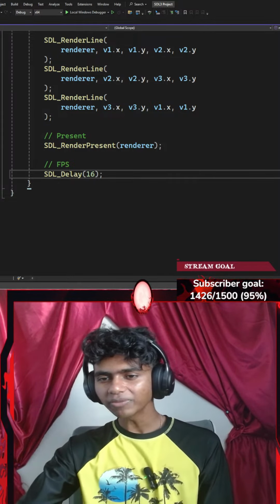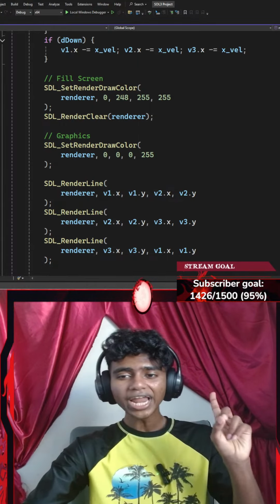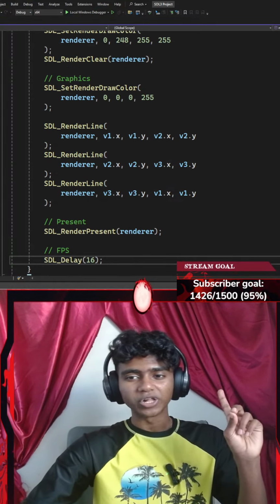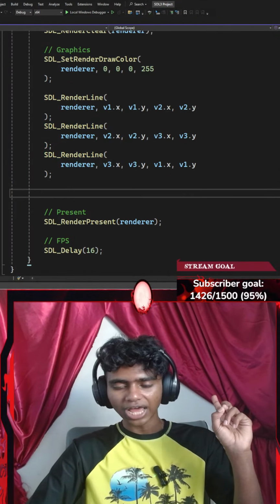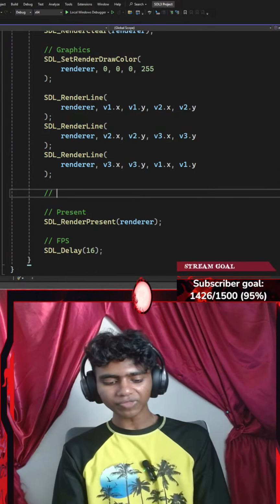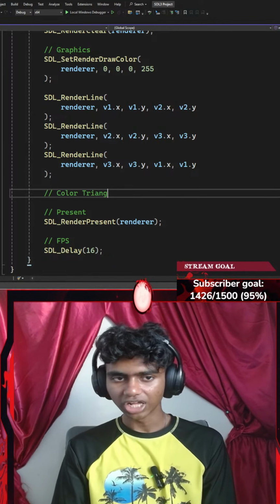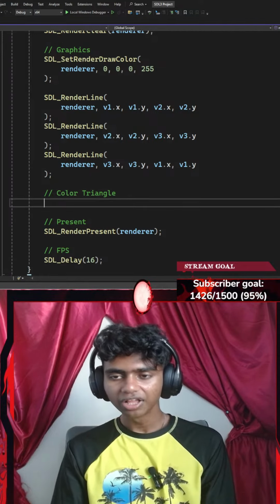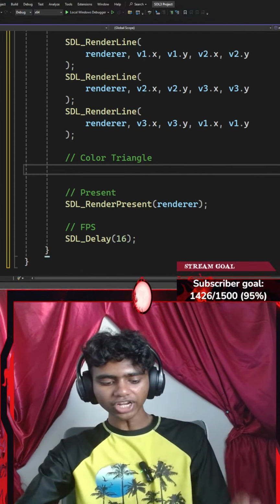That said, after I'm done adding my FPS, before I go ahead and do my cleanup, I do want to add a color to my renderer as well. So after I'm done drawing my renderer, before I present it, I'm going to add another comment that says something like color my triangle. Okay, so I'll go with something like color triangle. Now for coloring it, this was the new part. So I gotta use something like the